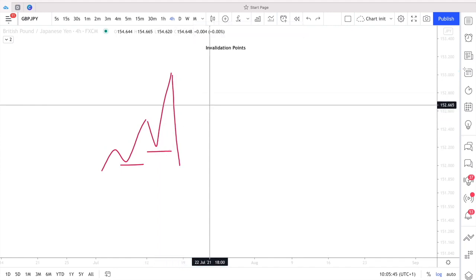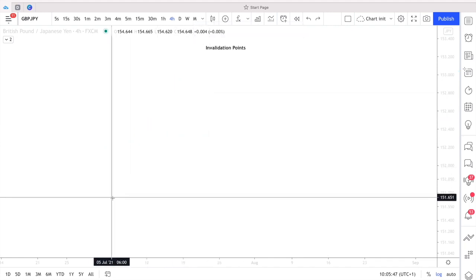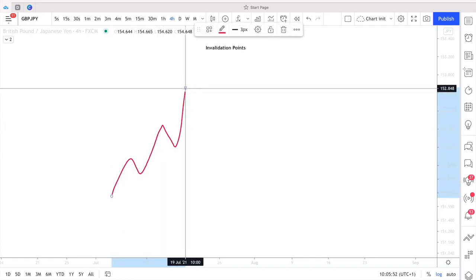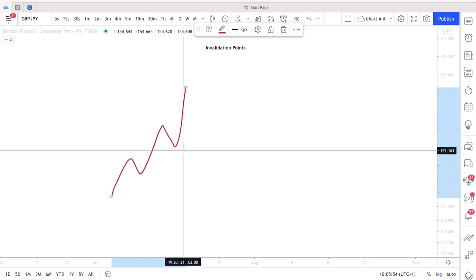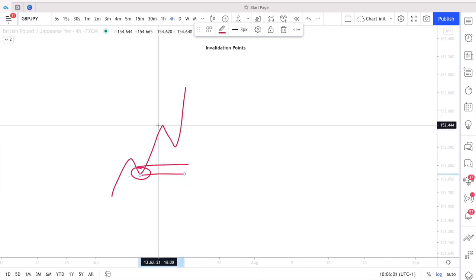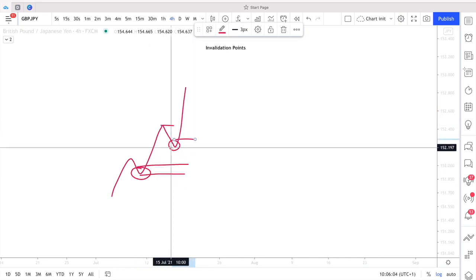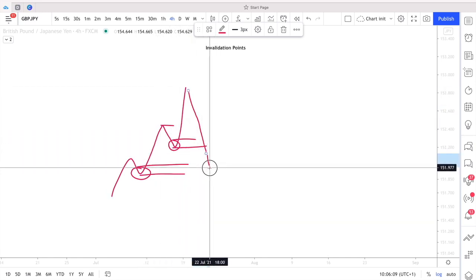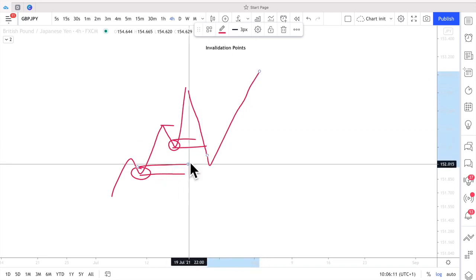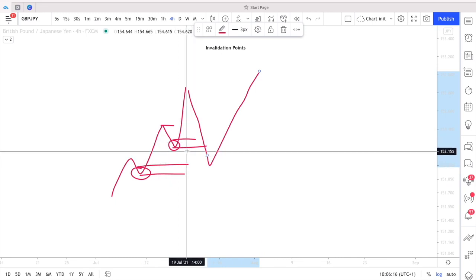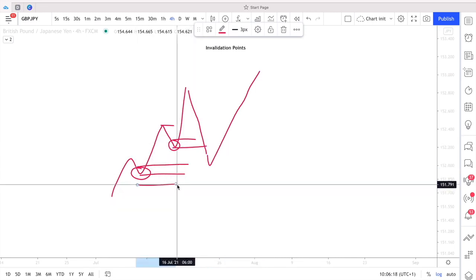Obviously, the only situation where we won't consider a structure break as a change in trend is when we have our impulsive OB that's been left unmitigated, and we have our SROB, which is here, and then price can sometimes violate the SROB and react off the impulsive OB. That's the only time that the invalidation point doesn't make sense. So at this point, in terms of our structure, our invalidation point is going to be below the impulsive OB,